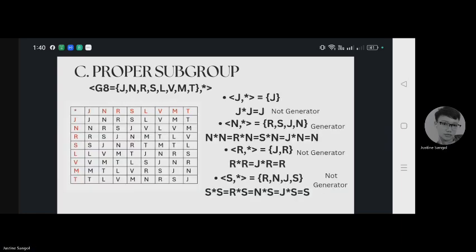Next, the subgroup G8 is equal to elements G, N, R, S, L, V, and T. Let's operate. J star J is equal to J, not a generator.